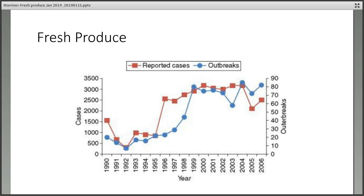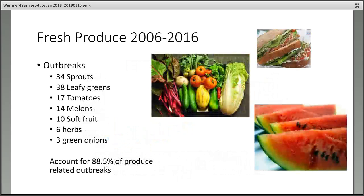So when you start processing something, or when you start cooling under vacuum, you're going to be at greater risk of pathogens that are going to transfer and spread, and hence we've got this big increase. And obviously you can say, well, the volume of the market increased and also our ability to detect, which is very true. Now, what you would do when you're looking at interventions is say,